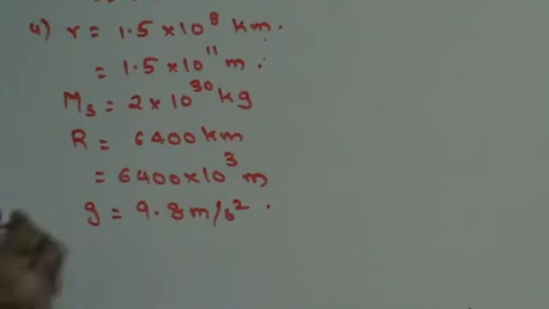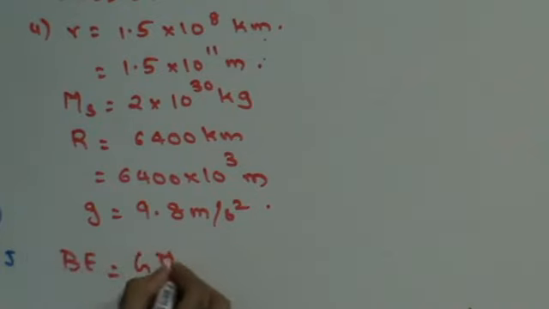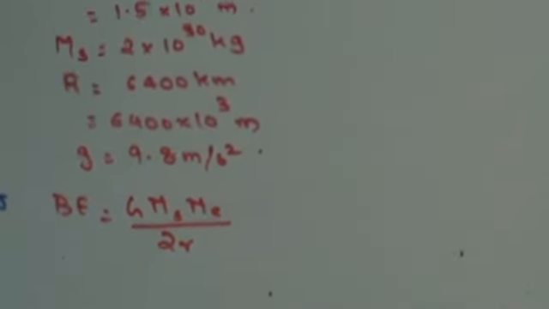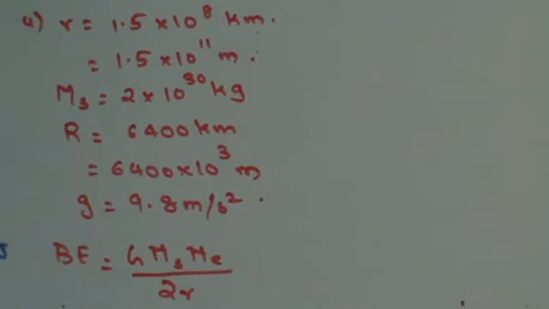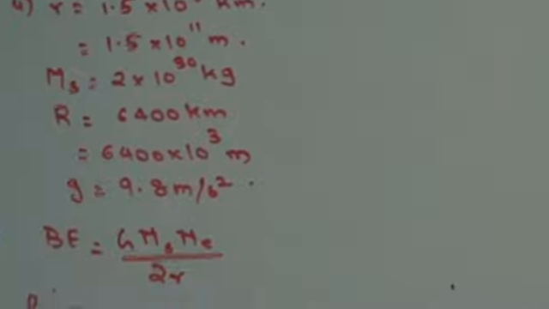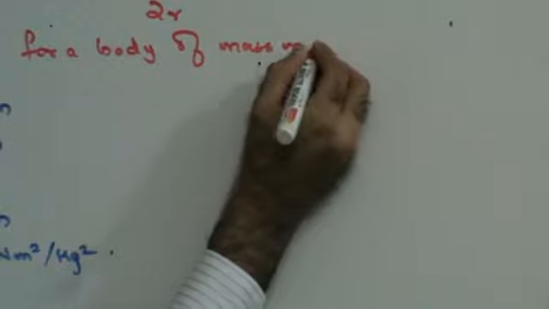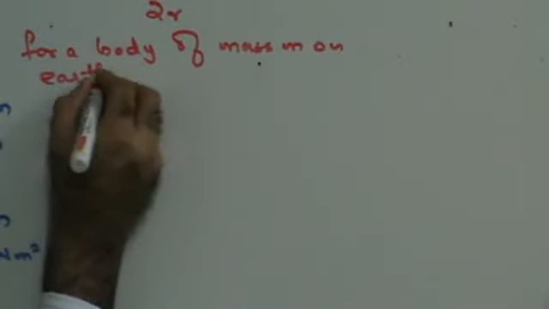Now, binding energy of the Earth is nothing but G mass of Sun into mass of Earth upon twice R. Right? Now, I know mass of Sun, but mass of Earth is not given to you. They only give you mass of the sun. Now, for a body of mass m on Earth, I can say that